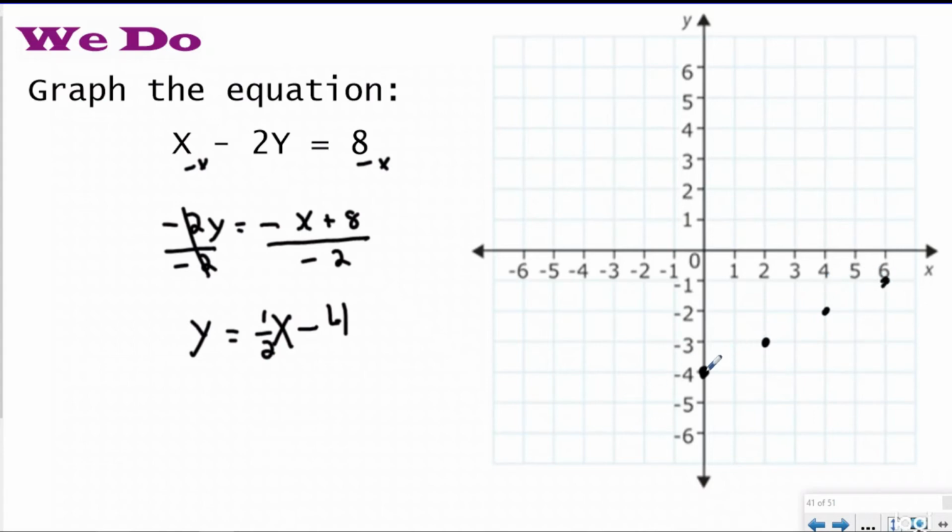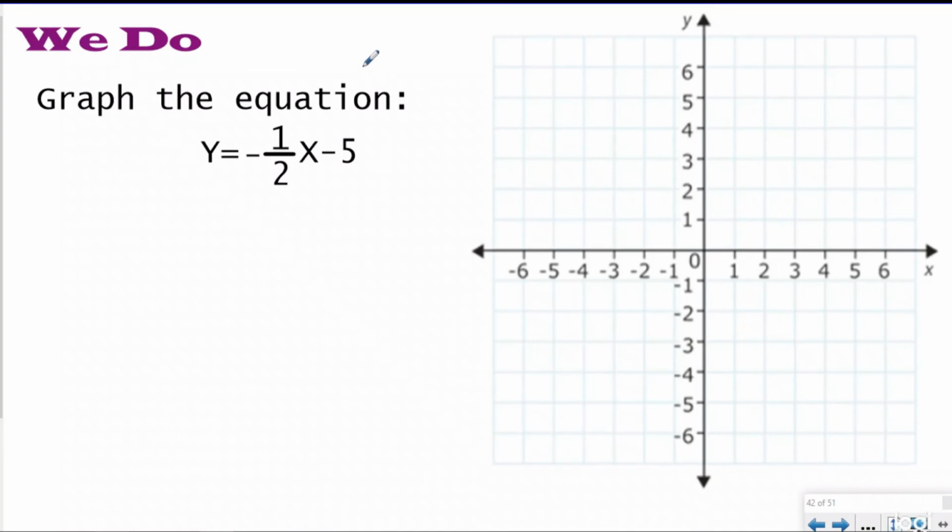And I can go back the other way. If it goes down 1, it's going to go back -2, because -1 and -2 make a positive, right? Negative divided by negative make a positive. Down 1 over 2. And I've just graphed my line, and I'm not going to try to draw the line because I'm terrible at art, but I've just graphed my line using the slope-intercept form without having to make an